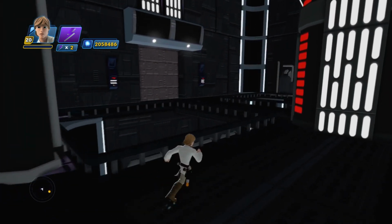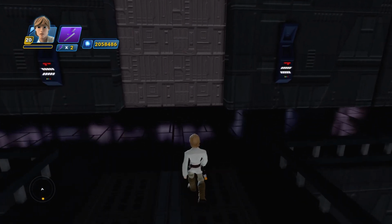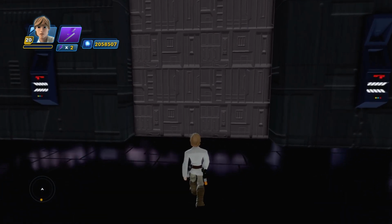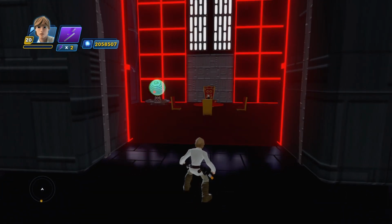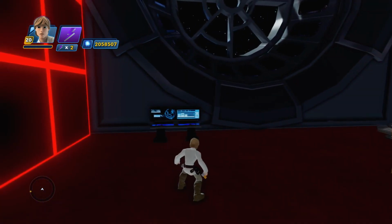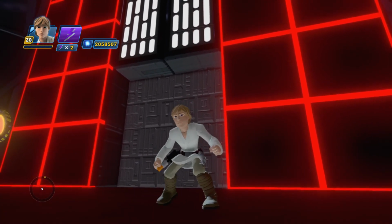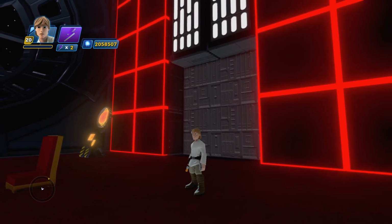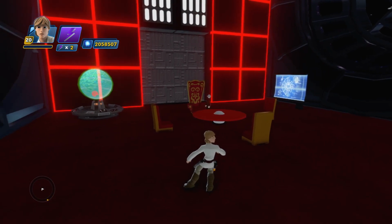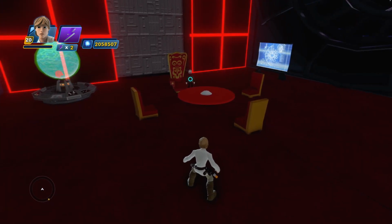So we'll head back over this direction again through the central walkways, and we'll go into the Emperor's conference room in his private chamber. This is something I created for this toy box as well. Some more interior toys that I brought in. Maybe not accurate for the walls, but again, I thought that Tron theme just looked cool in this room, so I went with it. I also put my Emperor character back in here, and when you approach him,